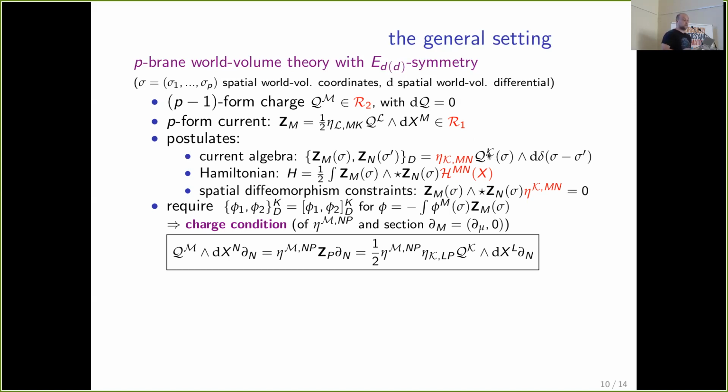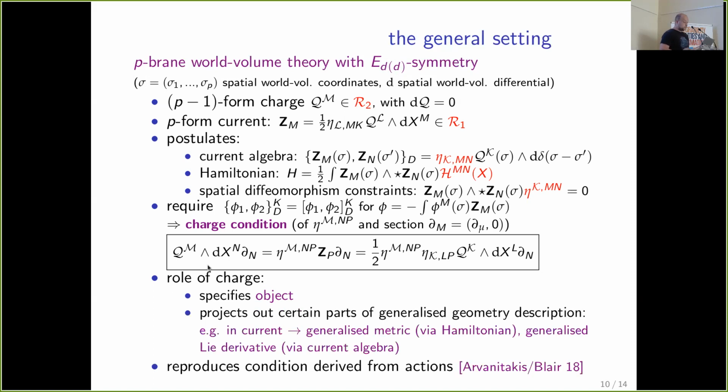It's just a bond form, and so it's just dx mu in the case of the membrane. But you will see the solutions and the role the charge takes. So the role of the charge, I will discuss the solution on the next slide, is twofold. We don't have only one solution; we have multiple solutions in general, or none, depending on both p, the world volume dimension, and D, the target space dimension. So the role of the charge specifies the object. It could be multiple objects which are allowed in the theories, and also